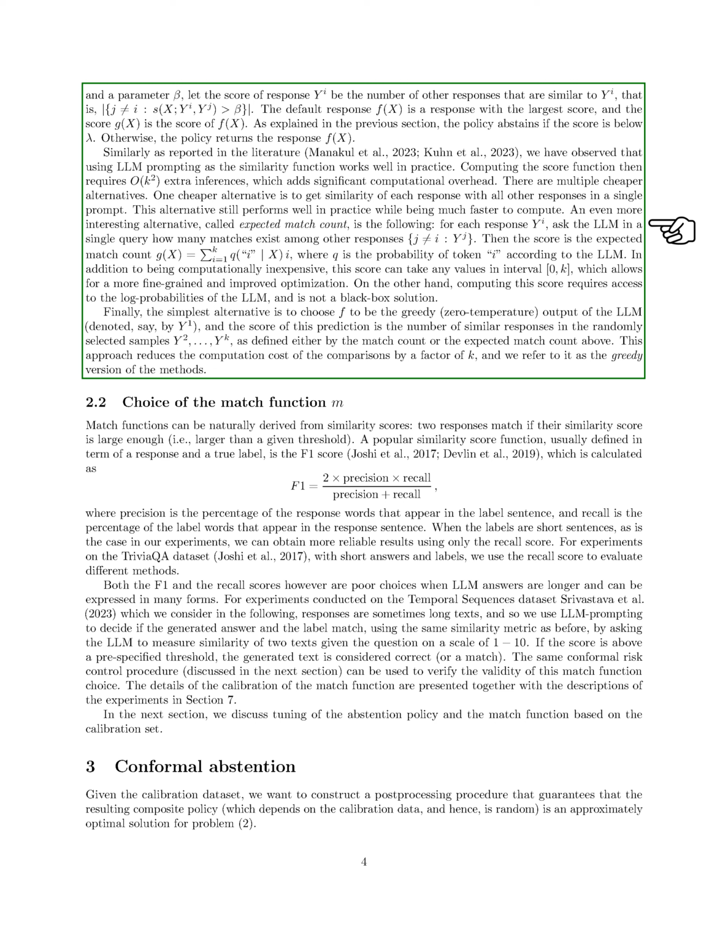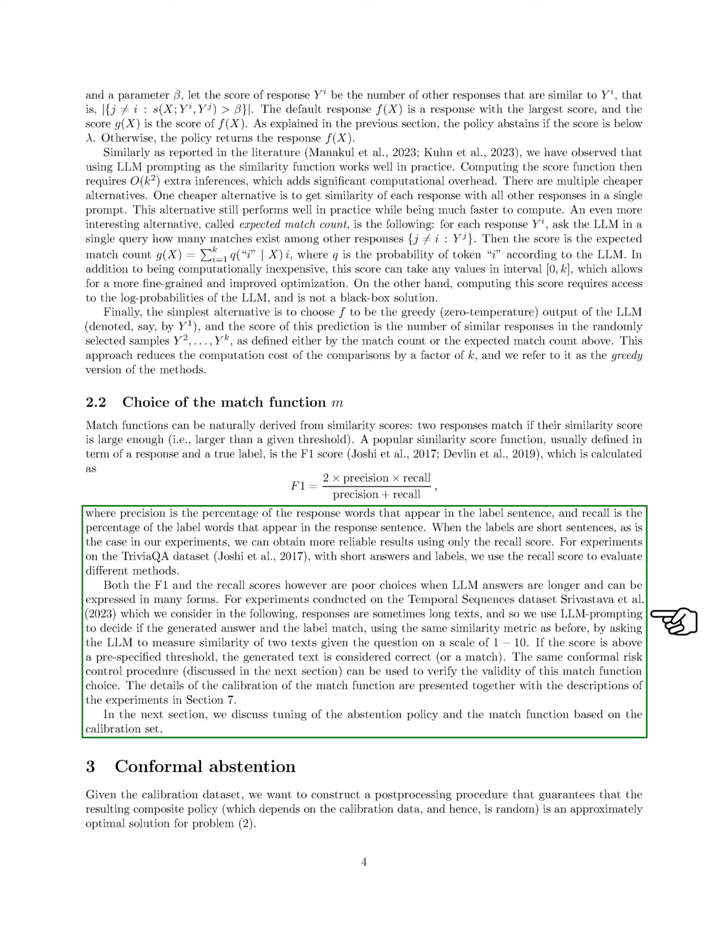A simpler approach is to choose F as the greedy output of the LLM and calculate the score based on the number of similar responses in the other samples. This reduces computation costs by a factor of K and is known as the greedy version of the methods. Moving on to the choice of the match function, we can derive match functions from similarity scores where two responses match if their similarity score exceeds a certain threshold.